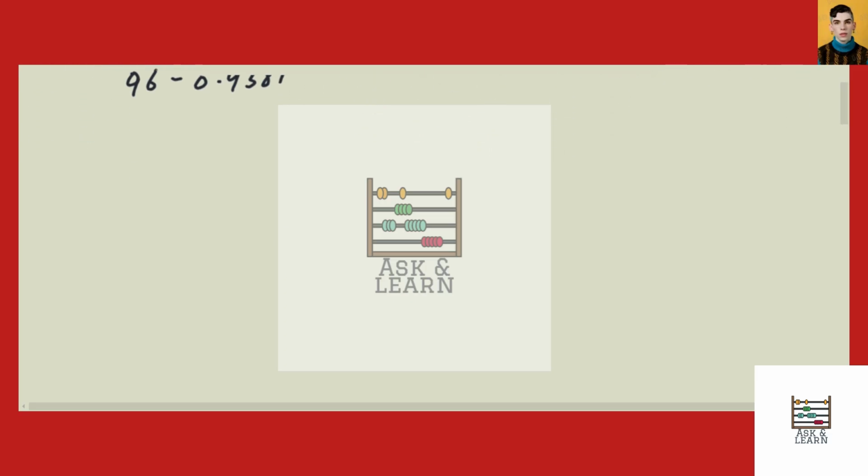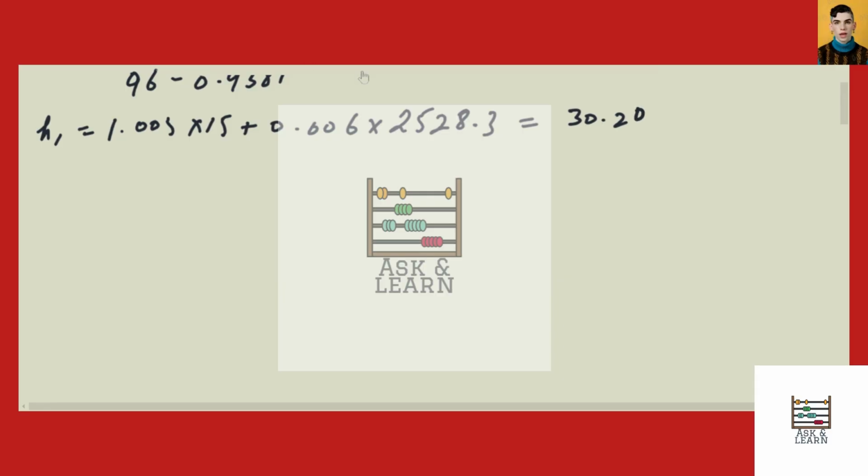So we put the values and we get H1 is equal to 1.005 into 15 plus 0.006 into 2528.3, and that is equal to 30.24 kilojoules per kg. So next we calculate the specific volume, that is v1, and from that the mass flow rate